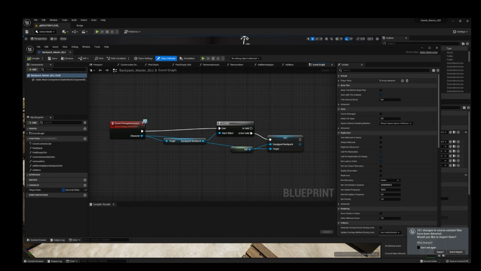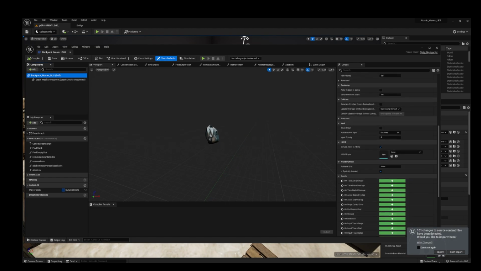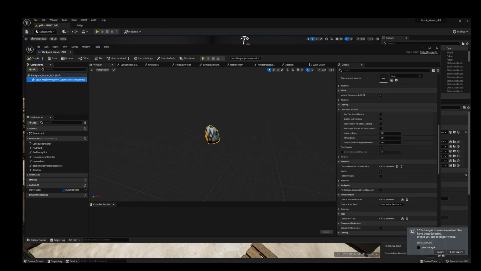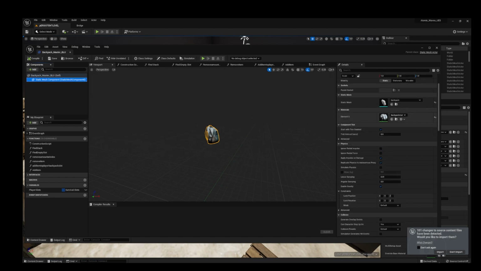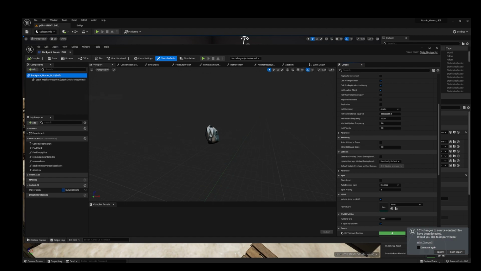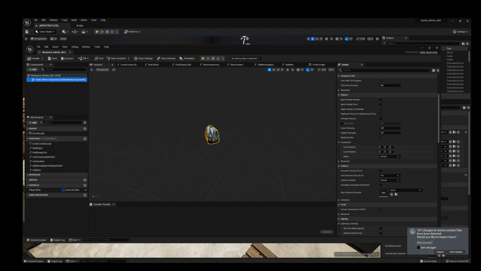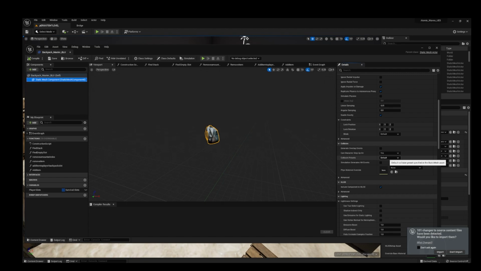and inside we're going to go over to our viewport here, go over to Backpack Master Blue. Let's go ahead and go over to, gosh, I'm missing it here. So what we're going to do is select on our static mesh component here, or you can select it in the viewport, up to you, really, it doesn't matter. You go over to collision, and on collision, you'll see collision presets. Go ahead and change it to custom.